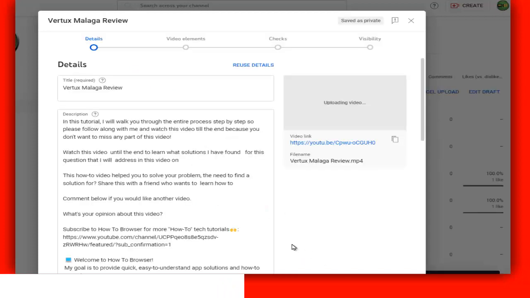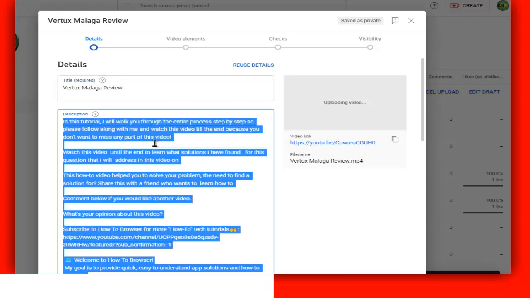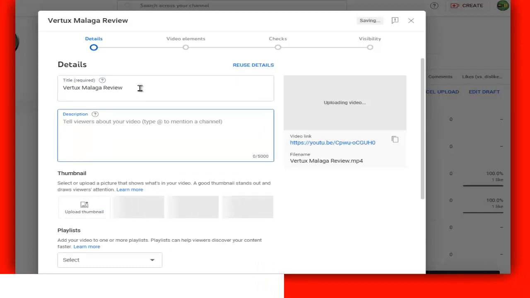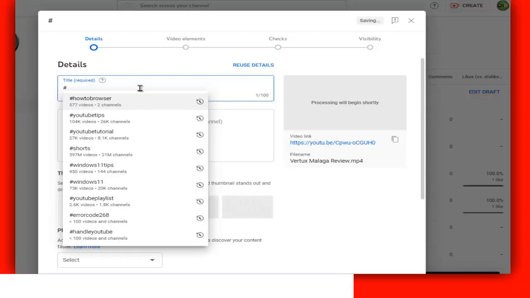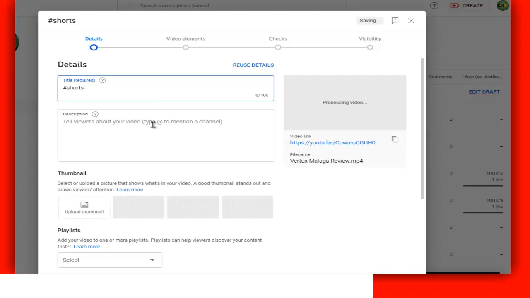Very simple. And now, okay, you uploaded your short on YouTube, right? Now this is your short, and if you want to, so you want to tell YouTube that this is a short. Also, don't forget your short has to be under 1 minute. So here what you have to do is to simply write this hashtag short, and now you basically told YouTube